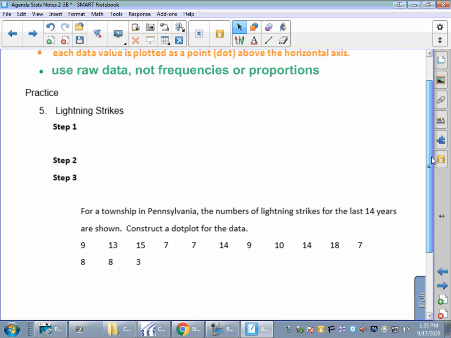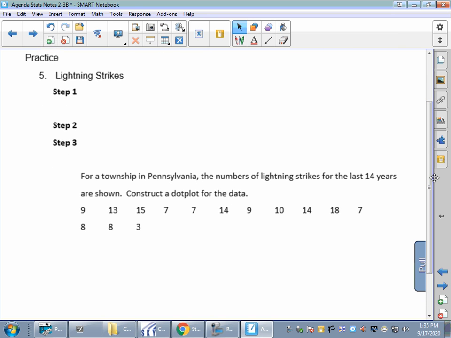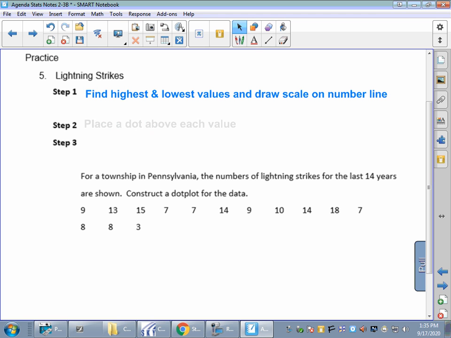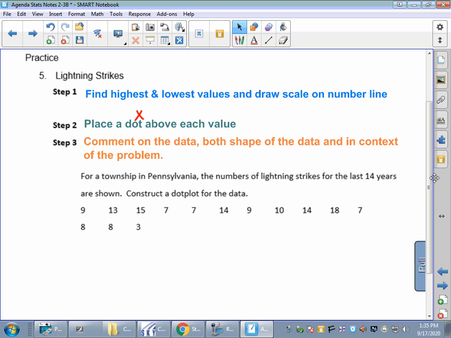So if I were to ask you to make a dot plot about these lightning strikes in Pennsylvania, first thing you would need to do is find your highest and lowest values, draw a number line, and get that scale on there. You can start with your lowest and end with your highest. You don't have to make it some kind of crazy long number line. Second thing, place a dot, or like I said, I'll use an X above each value. And then it's going to ask you to analyze the shape or tell me something. So comment on the shape, comment on the data,